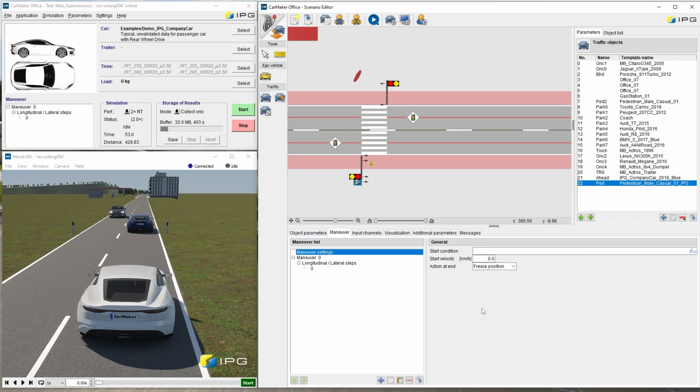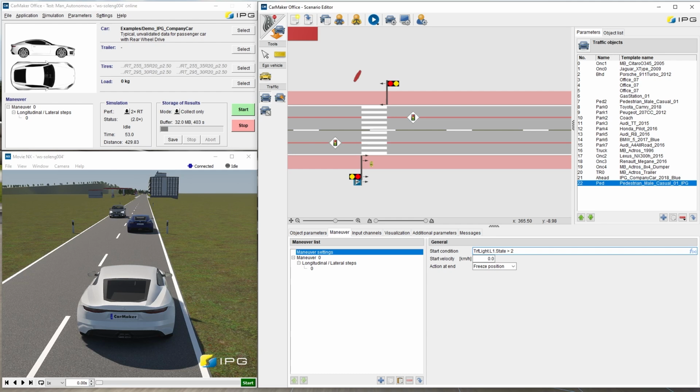We use here a trigger value from the traffic light, which is then called like this. And we leave the start velocity at 0. After the end of all maneuvers, the pedestrian should stay at his end position. For this, we also use the action at end mode freeze position, which is here set as default.